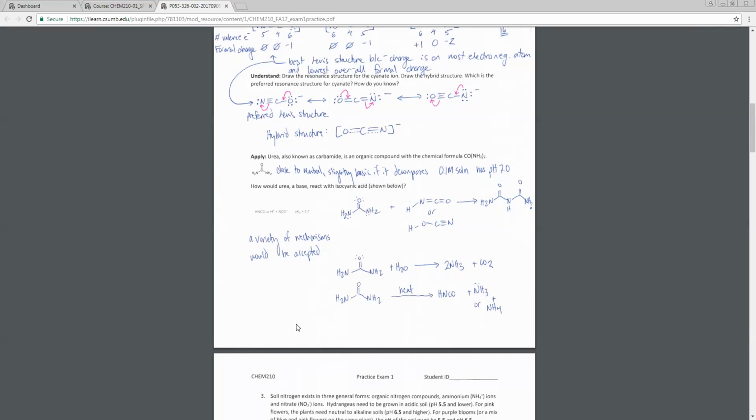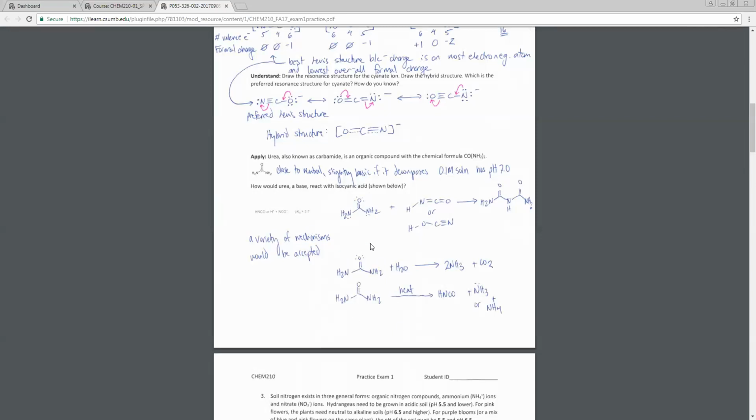And so maybe the better way to think about it is any one of these mechanisms would work. So I draw my urea and the way that it would interact, right? So any one of these would be acceptable too, right? So hydrocyanic acid, I can draw a couple of different ways, but really I'm just thinking about how does this molecule interact with this molecule if I'm given a pKa? So I know that this is a base, I'm told that this is an acid, how do I expect them